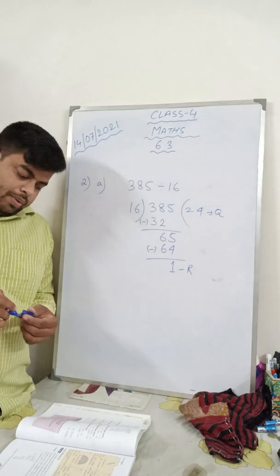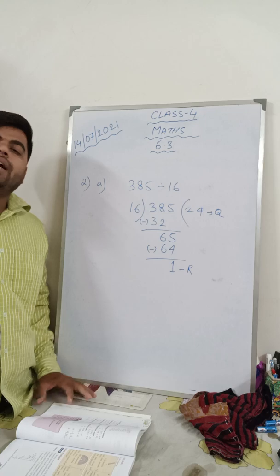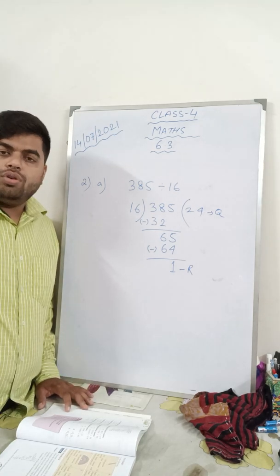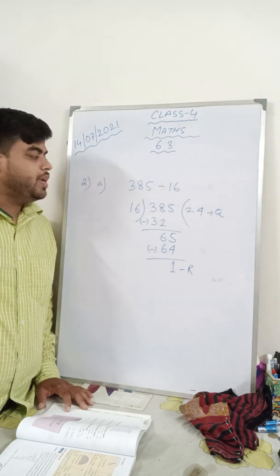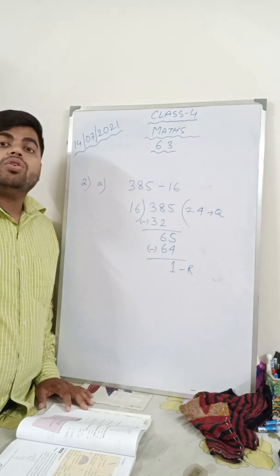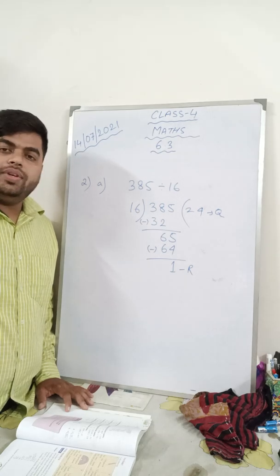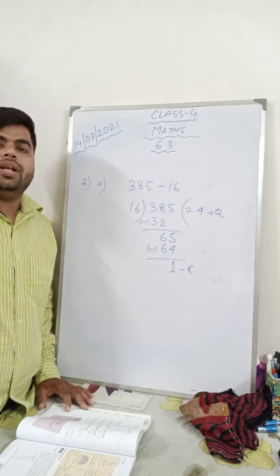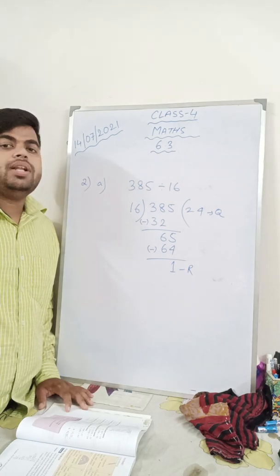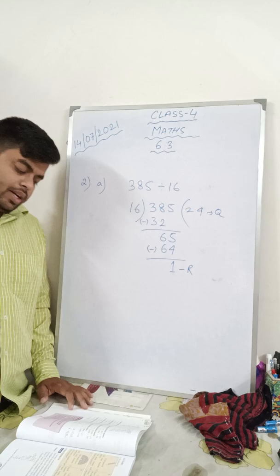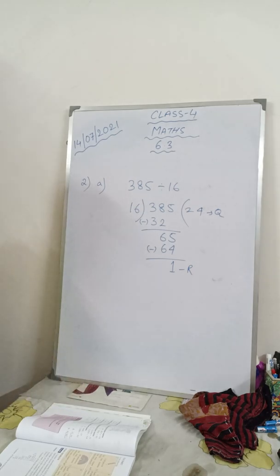Now children, remember, as in multiplication I have told you, the most important thing is the table. If you don't know the table, that means you will not be able to divide. So to do correct division and multiplication, you have to know the table. So if you don't know the table till now, please start learning the table. Otherwise, you won't be able to do this division or multiplication.